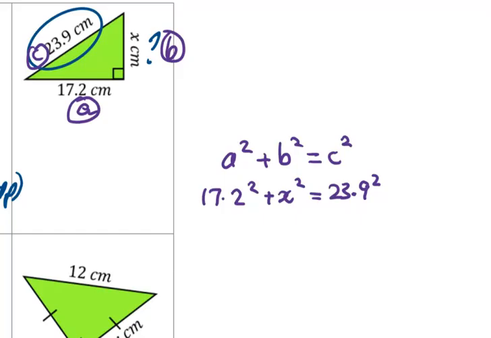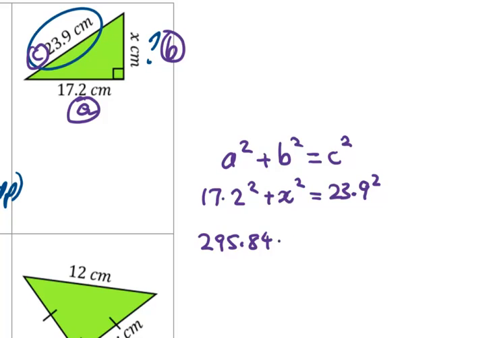Now, I don't know why I picked that example where they're yucky numbers, but actually, in real life, this is quite often going to be the kind of situation that you've got, right? The numbers won't always be nice integer values. So what does my working look like here? Well, I've got